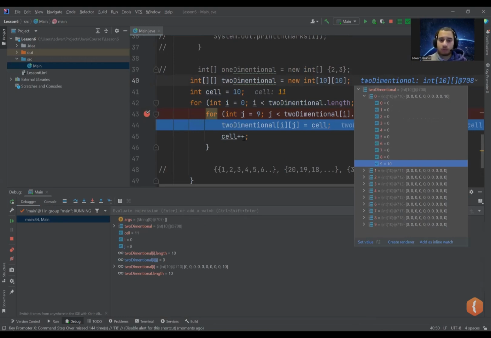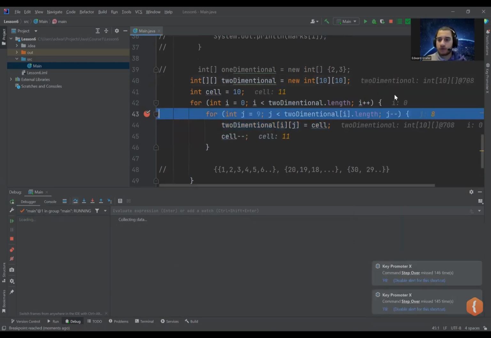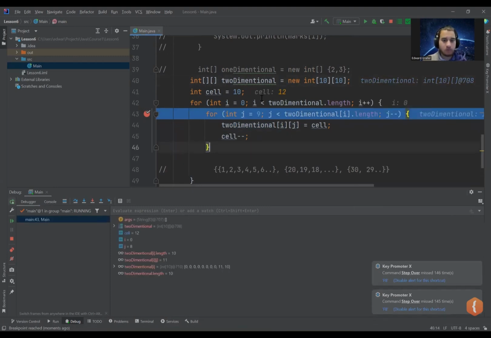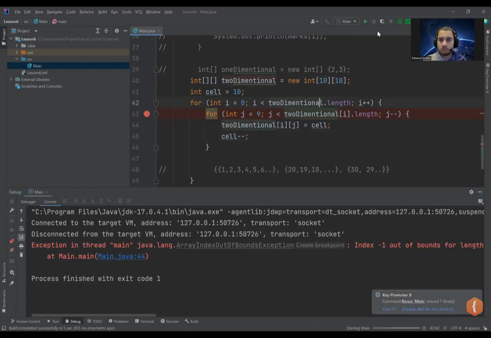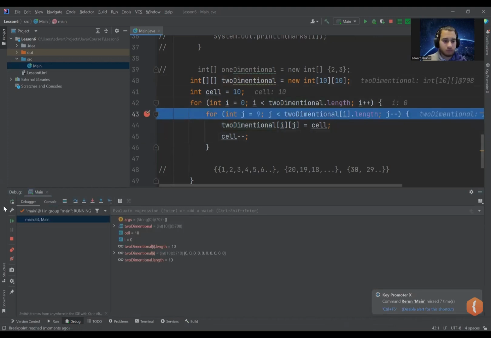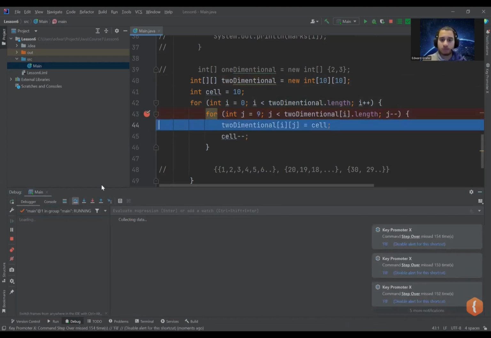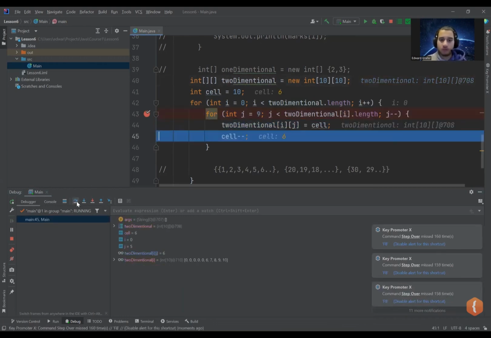Well, first of all, we want to decrease this. So let me just rerun this. Because if I don't decrease it, the next value is going to be 11, which is not what I want. So let's rerun this again. Okay. If I keep going here a few times, we see that it fills up the numbers the right way. But if you keep going,